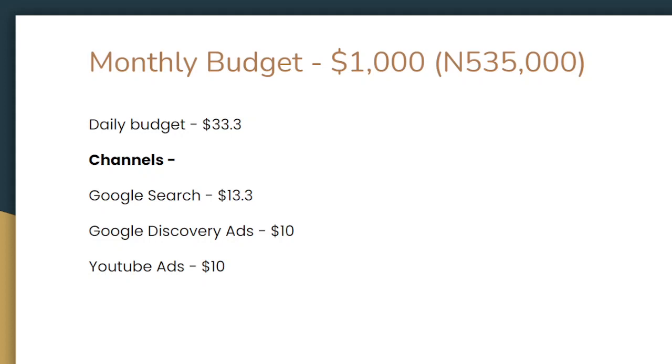It's a very high ticket product, and the idea is that a lot of people are actually searching for solar solutions within Nigeria, right? So I'm going to open the Google Keyword Planner and show you just an idea of what I'm talking about, right? So you can just see the amount of people that are searching for solar. So I want to spend a lot on that because I feel that that's where we get the most quality